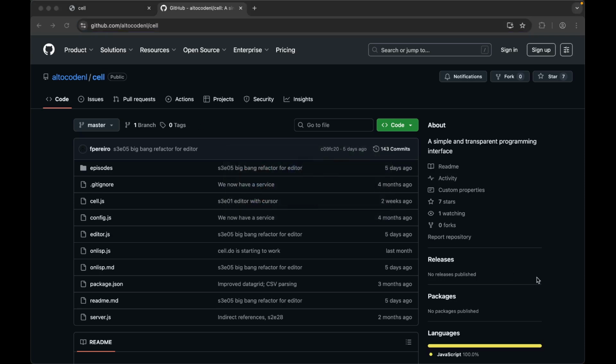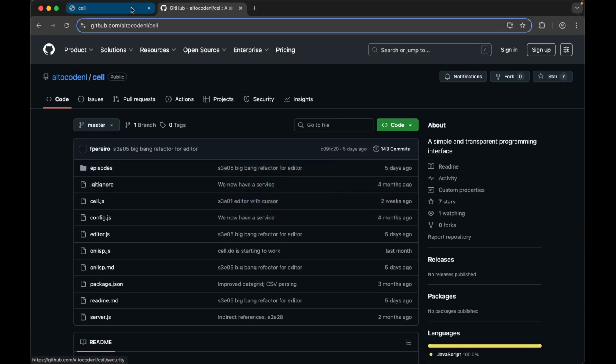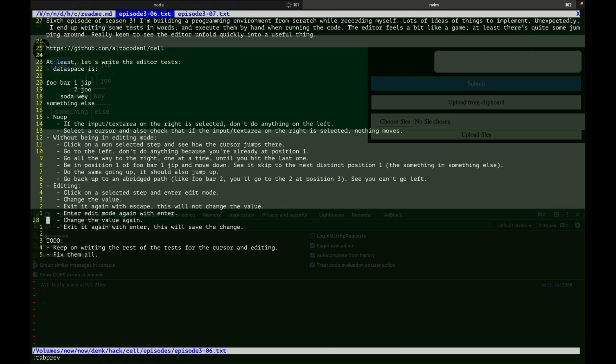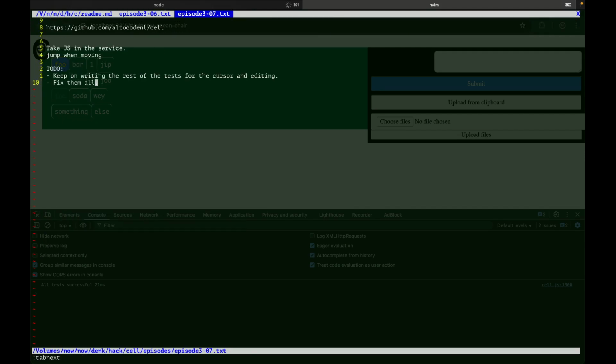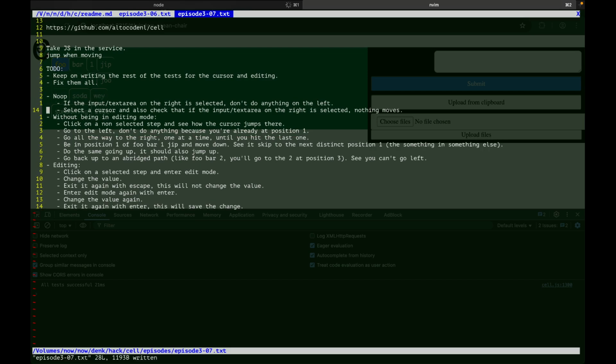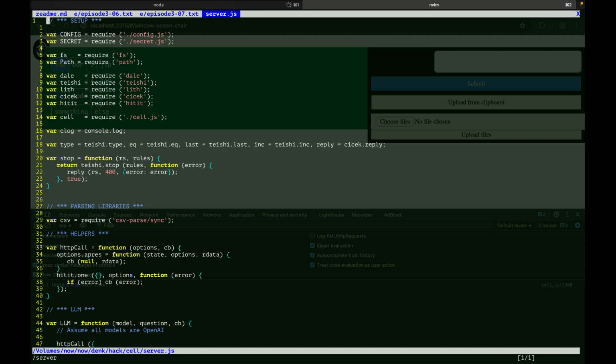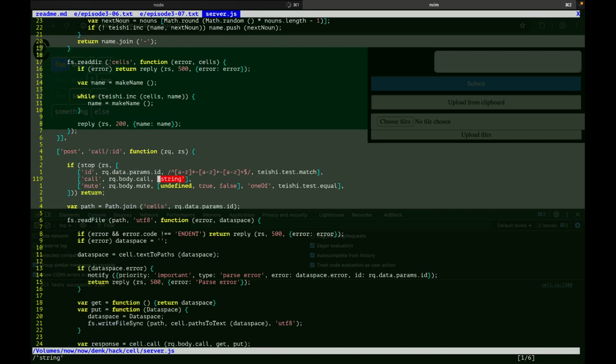So we're going to continue where we left off. Where were we? We were basically here, just starting. So we have the cursor. We had a set of tests from the previous time, which we're going to dutifully copy, and we want to keep on implementing them. There was a very small feature request from myself, which is I want the server to not just take a string when you're sending a call, but also to be able to take